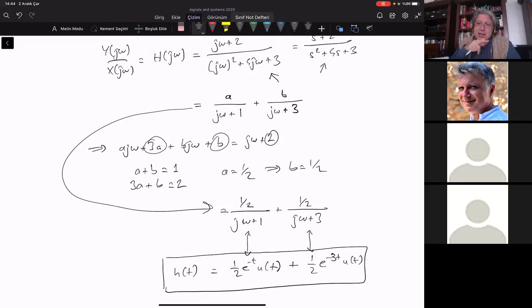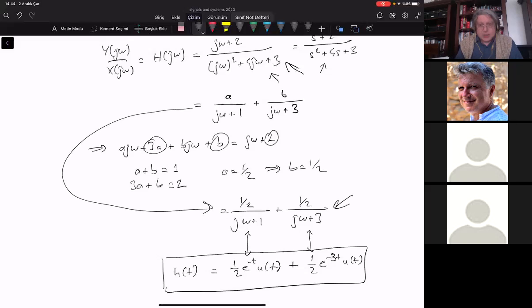From the tables, just check that for one particular case of a second order system, that is the result. There was a question around the transfer function. It's the impulse response I'm finding. Okay, I found h of t, which is the impulse response, and h of j omega, which is this one